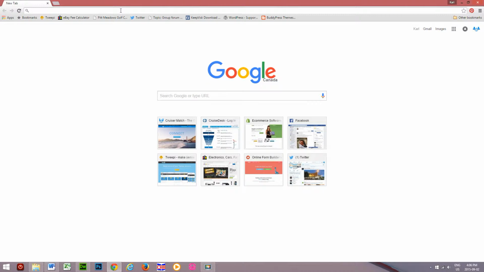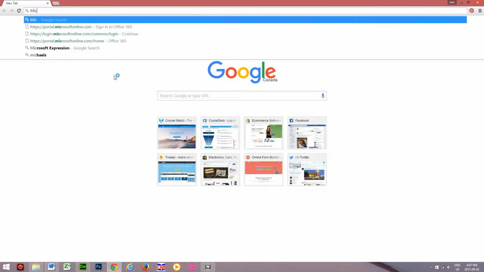So the first step, there are a number of programs you can use to do this. The best one is Dreamweaver. That's an Adobe product, but you do have to buy the license for that. It's a couple $100. So if you want to use a free solution that works just as well, almost just as well, it's called Microsoft Web Expressions. To download that, you're going to want to open up an internet browser and Google Microsoft Web Expression,